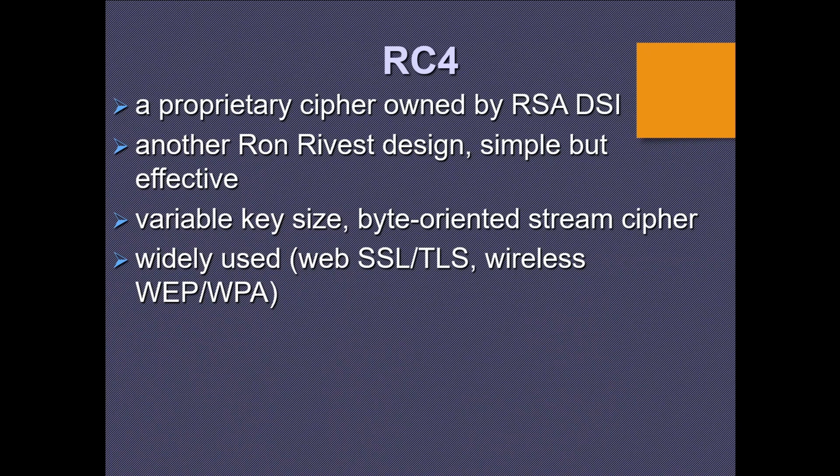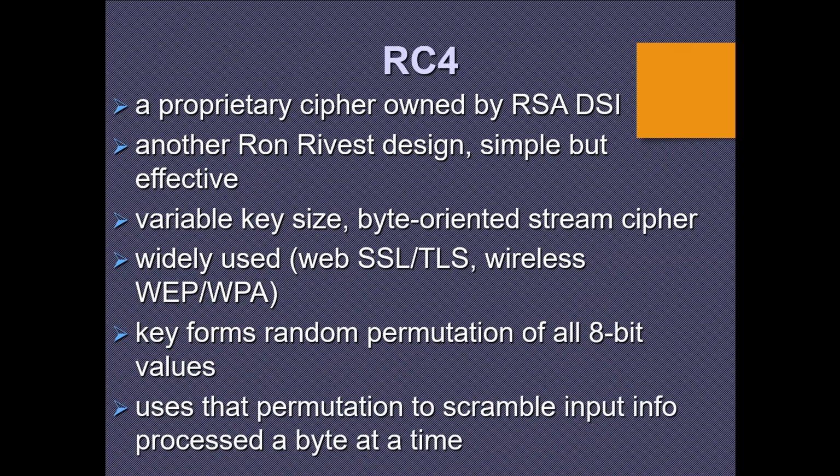It is a variable key size stream cipher with byte-oriented operations. The algorithm is based on the use of a random permutation. The analysis of RC4 shows that it works fine for any variable key size byte-oriented stream cipher application, and therefore it finds wide application in wireless networks, as well as in web applications that make use of secure shell, secure socket layer, and transport layer